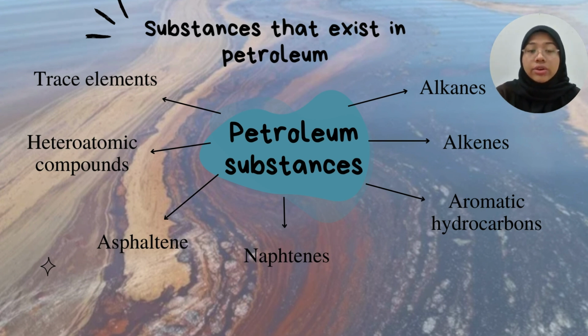Next, alkenes or olefins. They are unsaturated hydrocarbons containing a double bond between two carbon atoms. They are found in gasoline and contribute to octane. However, they must be limited to avoid the increase of ozone-forming potential. Next, naphthenes are a class of cyclic aliphatic hydrocarbons and an important component of liquid petroleum products. An example of naphthenes is cyclohexane.